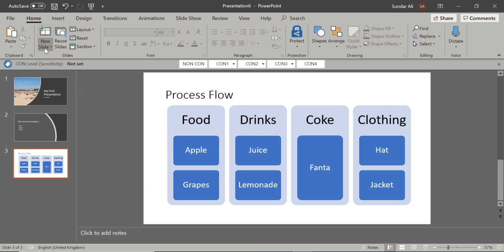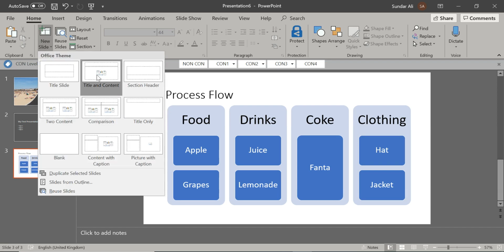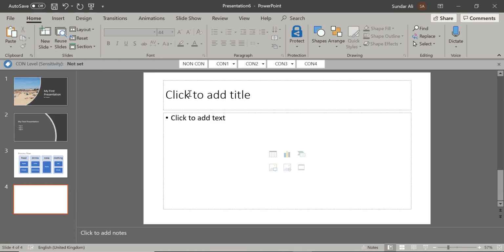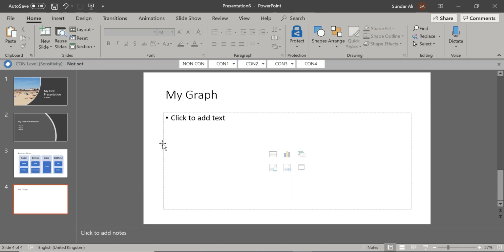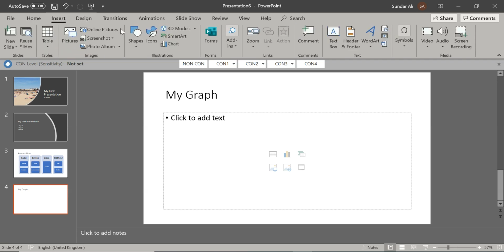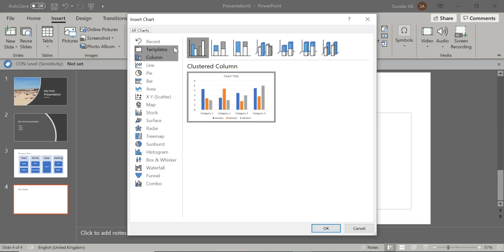Let's add another slide. So I'm going to select title and content. I'm going to call it my graph. And in this case, what I want to do is actually create a graph. So if you go to insert and then click on chart, you'll see a lot of different types of graphs that you can add. So I'm just going to select this one,